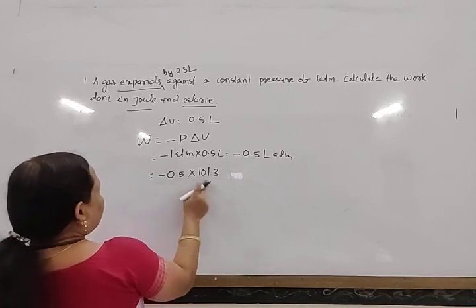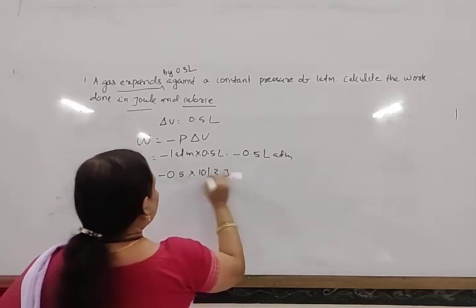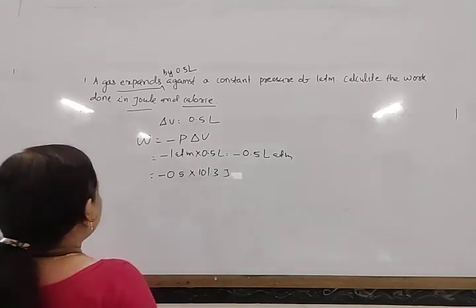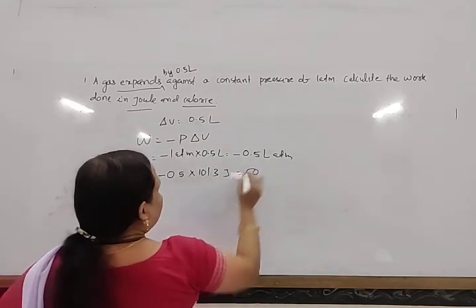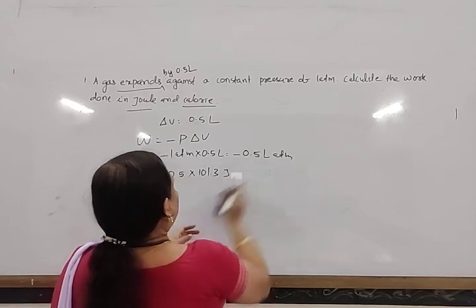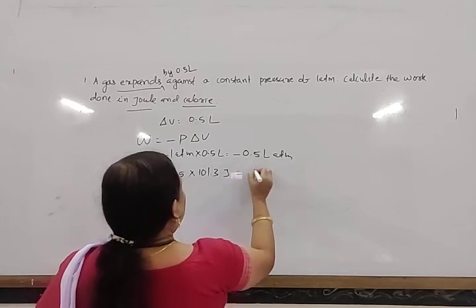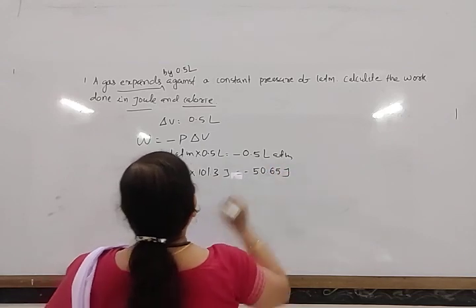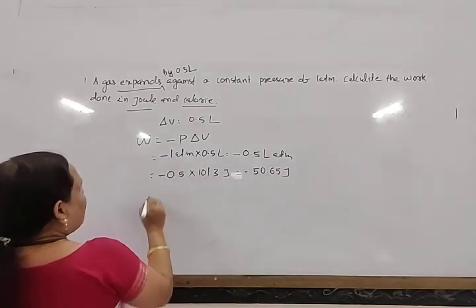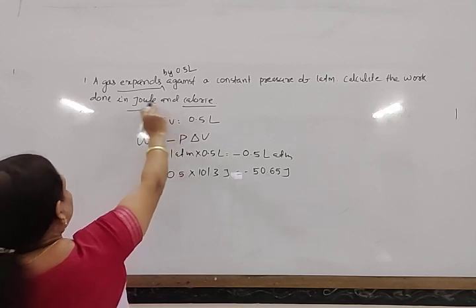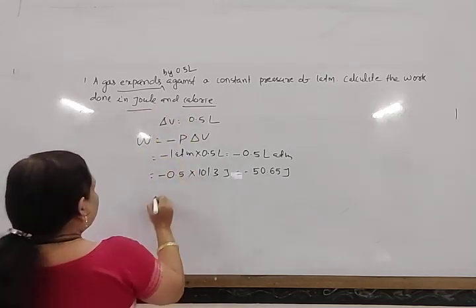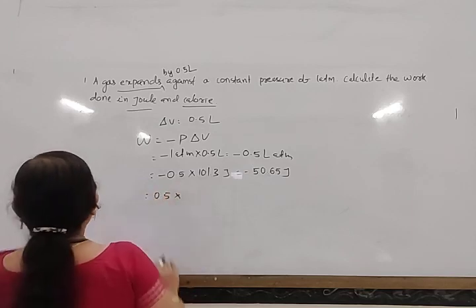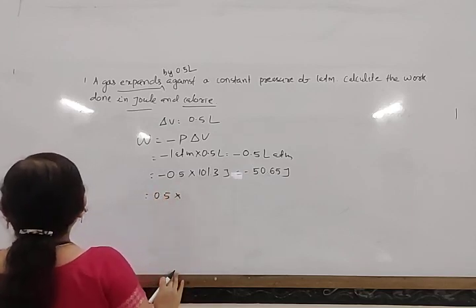So just multiply by this joule. Okay. So this answer is minus 50.65 joule. Similarly, another is given, that is in calorie. So 0.5, it is equal to 0.5 and